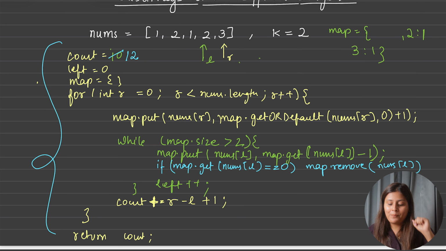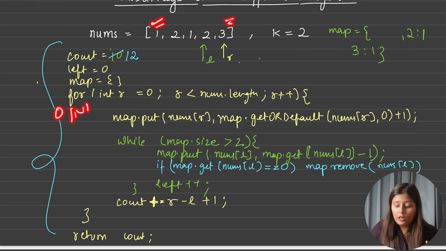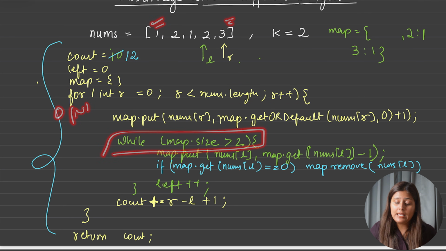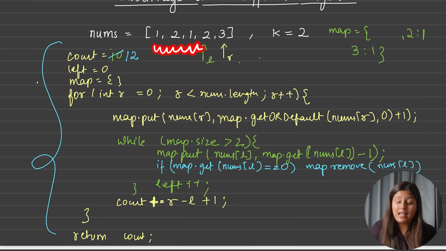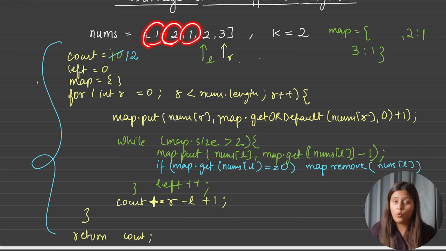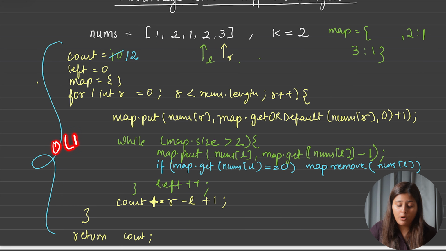So let's see the total time complexity. In the sliding window, this for loop, which is going from 0 to n, will take O(n). And although it has a nested while loop, if you see, the left pointer is moving ahead, but that left pointer is not coming back again. So the total unique points which our pointer is touching is O(n), and in the worst case, when all numbers are unique, the left pointer will also touch all numbers only one time. So total O(n) and O(n), so the total time complexity will be O(2n), that is nothing but linear only.